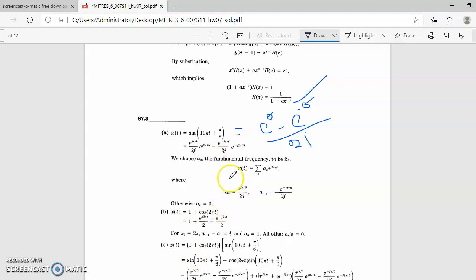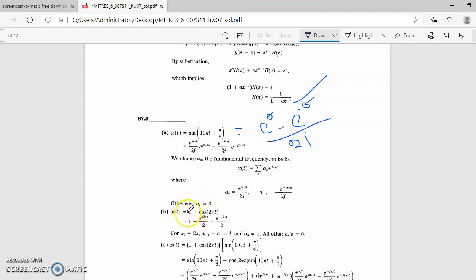ak term. Okay, so here I am considering this ak term as e power j pi by 6 by 2j, and the minus term is equal to e power minus j pi by 6 by 2j. Okay, so this entire term gets the value 0. So the ak constant value is 0, so the entire formula gets 0 value. So we do not substitute in this formula and proceed with our calculations.